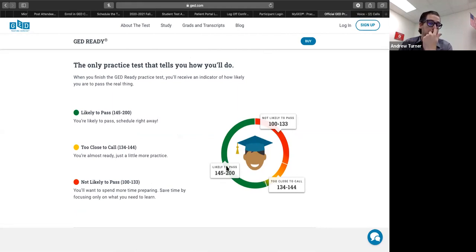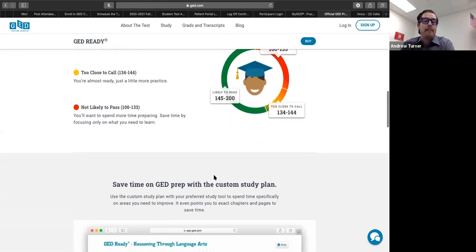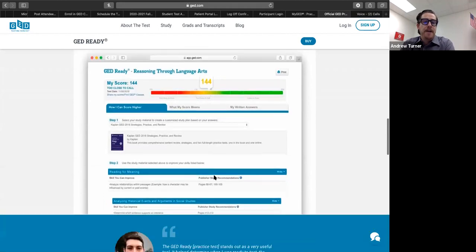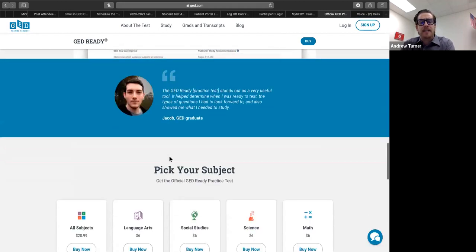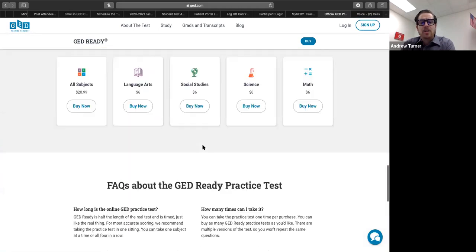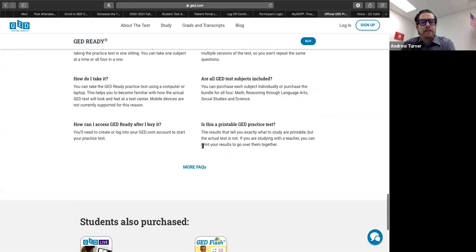If you get in the green zone, it's really time to take that particular section, okay? And you can see how that works. It's going to give you more specific analysis of what's going on with that. So when you look at the different